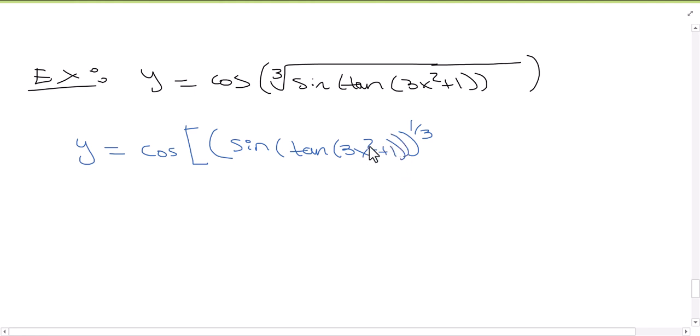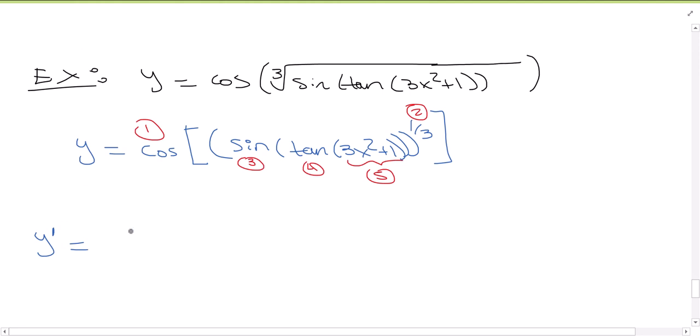So every time that you find yourself saying "of," that is a composition of functions, right? And be careful, this isn't cosine times that. This is the cosine of something. So cosine is a function. So let's see. Let's try to number them. The outside function, so that's the first one that I'm going to take the derivative of, cosine of, and then the stuff follows, of the cube root. So then this one is my second function that I'll be taking the derivative of, so 1/3. And then what's the next one? Then sine, right? So then 3, then tangent will be the 4th one, and then 3x squared plus 1 will be the 5th one. So when I take the derivative of this